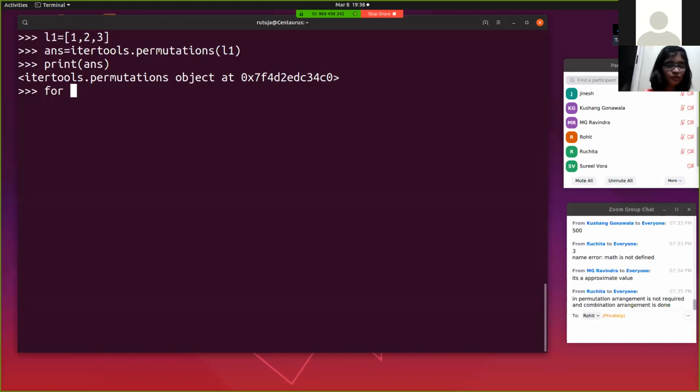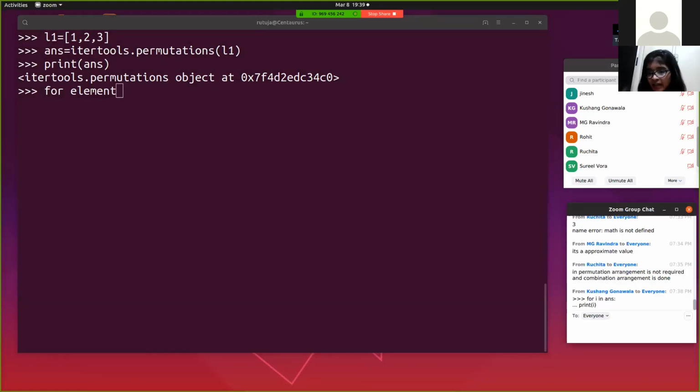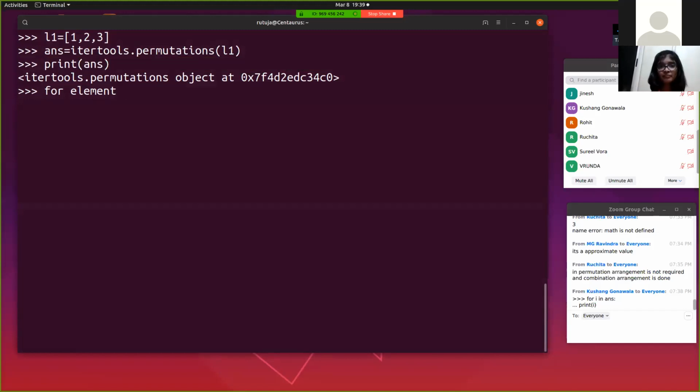So let's type it out. For I in answer, print I. Exactly, Kushank, just like that. For element I, you can take any name. For A in answer means for one particular thing in answer. Even if you take I here, it doesn't matter. It means for every single entity in the whole set of answers, so every one of the 6 permutation values we have got. We are trying to extract them one by one. So for every element in answer,